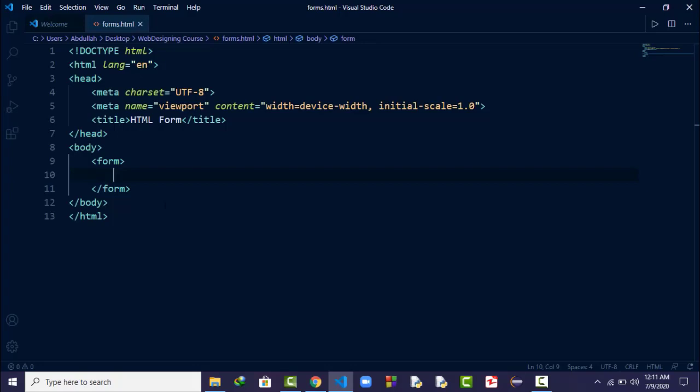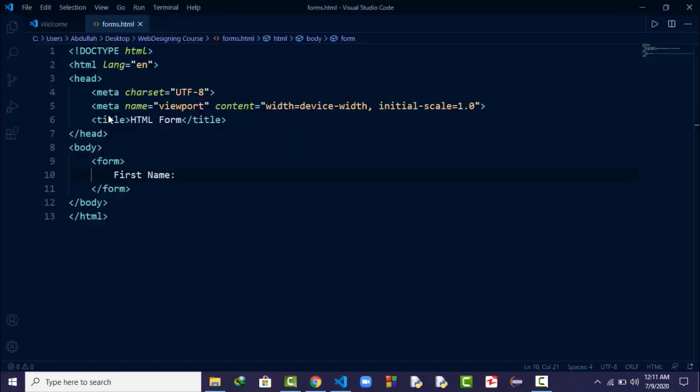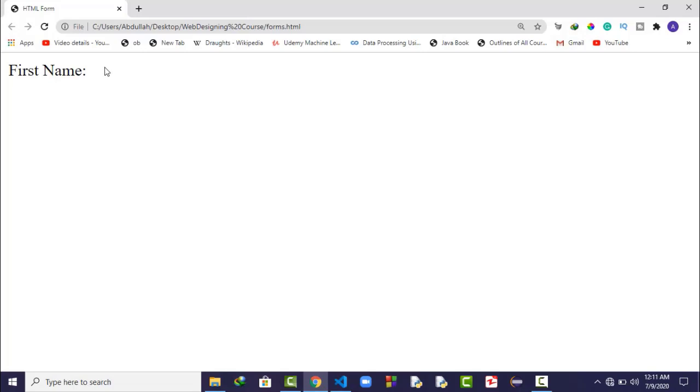Now the first field that we can create is first name. So we can type the text here. So this is just a simple text. If I go back and refresh it, you can see we got text right there. So I will zoom it so you can see easily. Now after the first name, we seen that we can have a box there in which we can type the data.